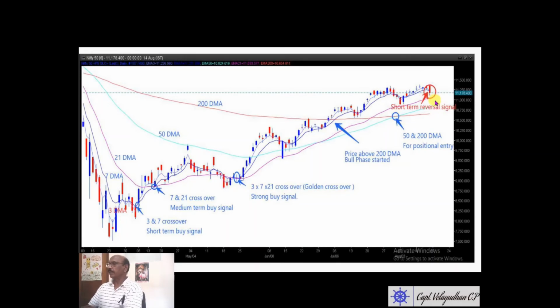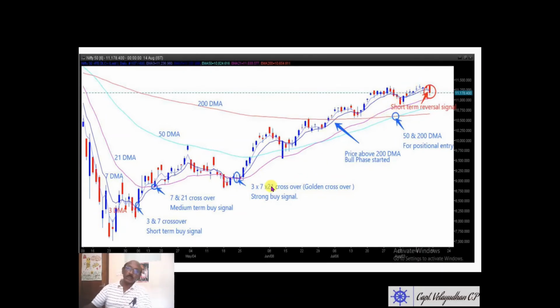The last signal was not very happy. Friday's closing was not very happy, one bearish candle. Suppose it takes support at the 21-day, the market has still more up move. So you have to watch out for that one. This is an engulfing pattern, and here it made a double top. So that is also on the bearish side. A double top is a bearish sign, and an engulfing. So on this 21 period, those who bought at the crossover made a good profit.